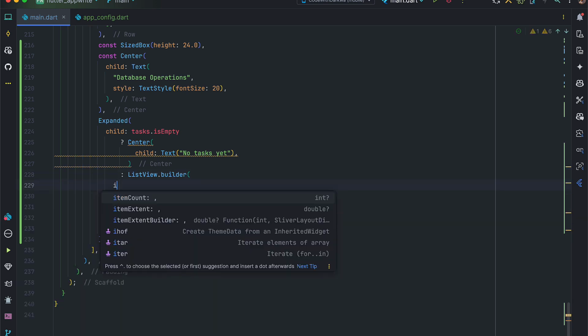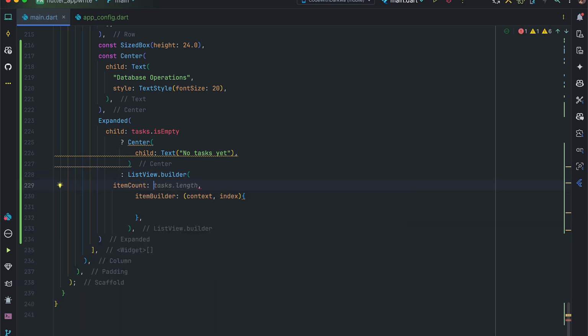The ListView.builder also takes in the itemCount, and that's going to be based on our tags length, so tags.length. And in our itemBuilder over here, we can extract our individual tag, right? So I'll create a variable to hold our tag based on the index. And below that, we are going to return